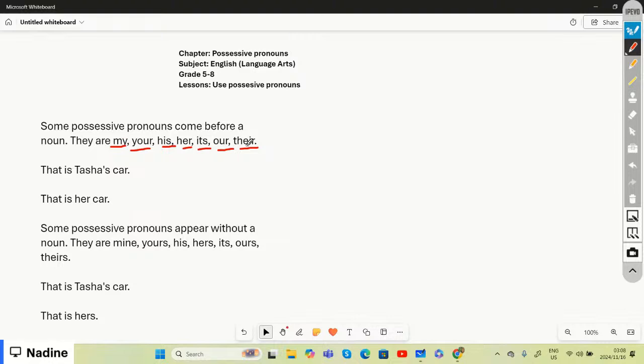And if we look at an example, right, of a possessive pronoun,